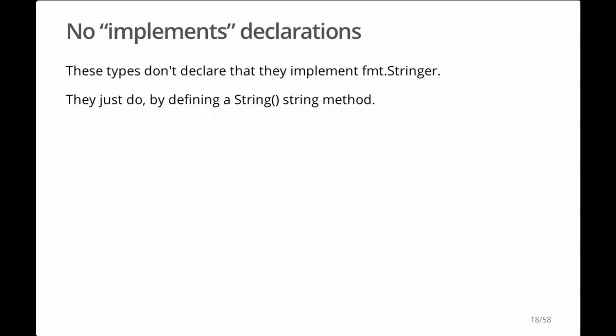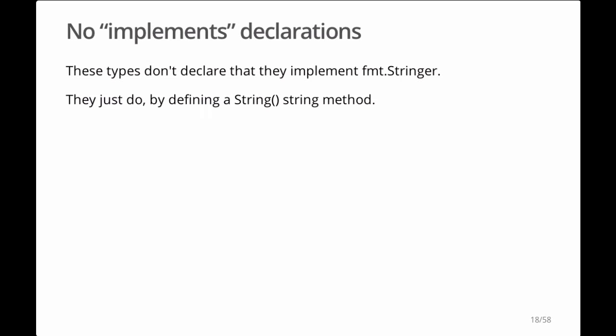For example, since package time is the only way in Go to get the system time, it needs to be treated as very low level, nearly a leaf in the package tree. It's not okay if using package time implies the use of some other large utility packages like fmt and all its dependencies. And in Go, it doesn't. Package time's types like Weekday and Duration and even Time implement fmt.Stringer, even though package time never mentions fmt in its source code.